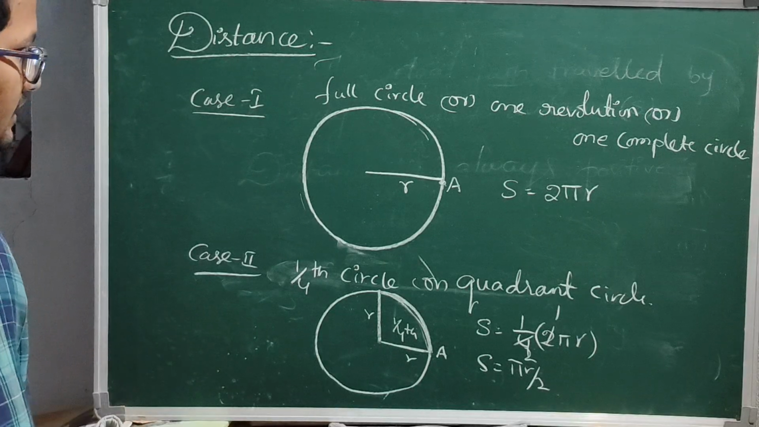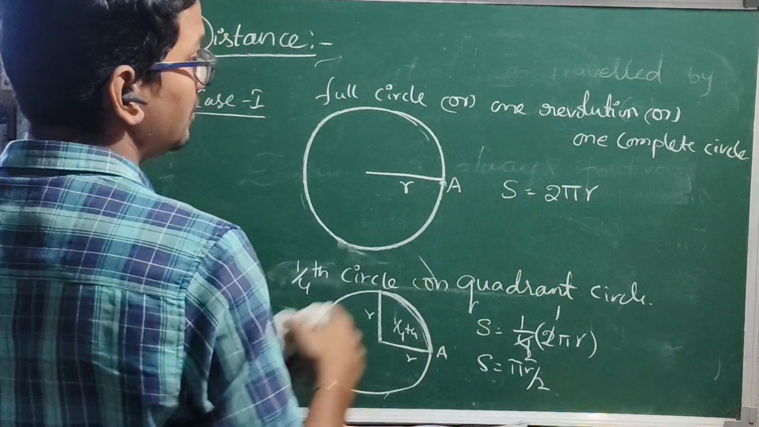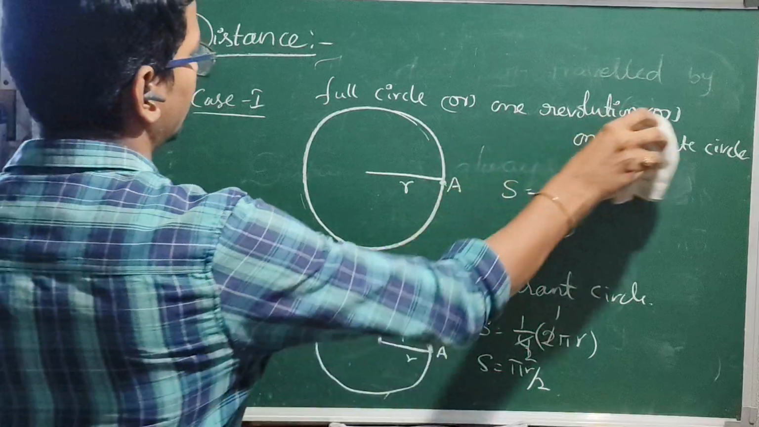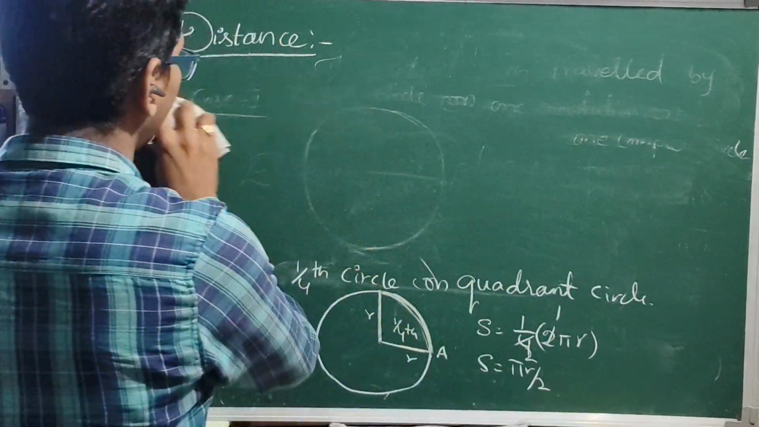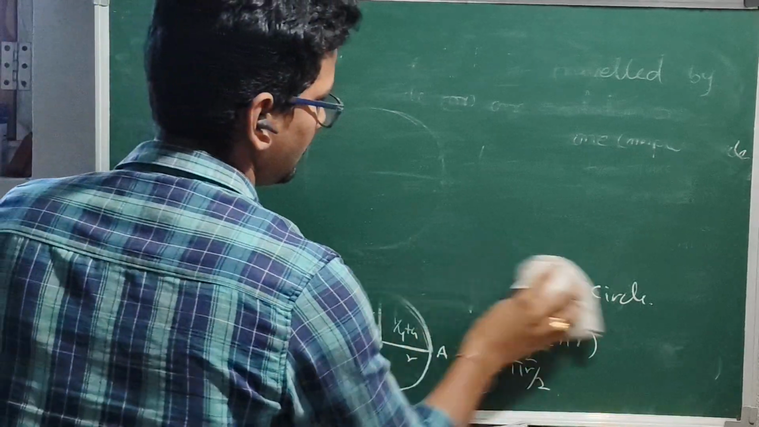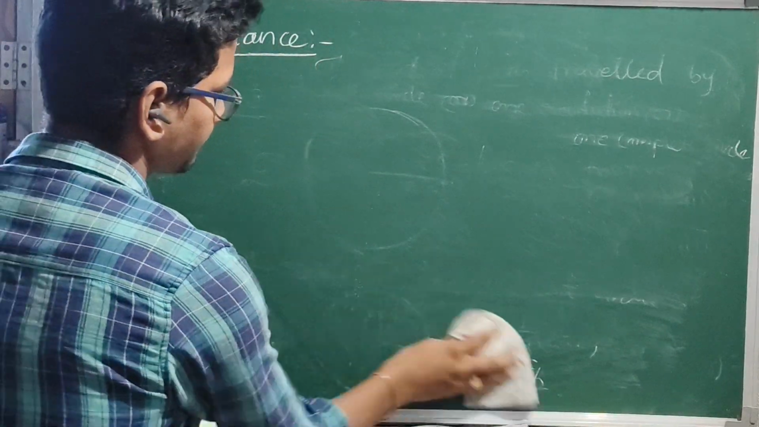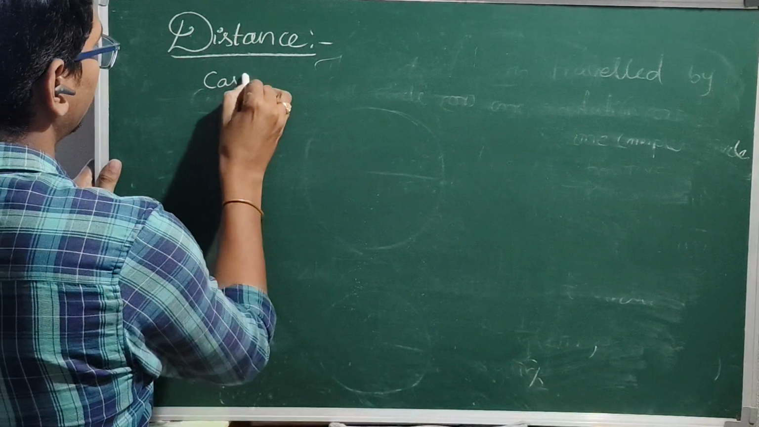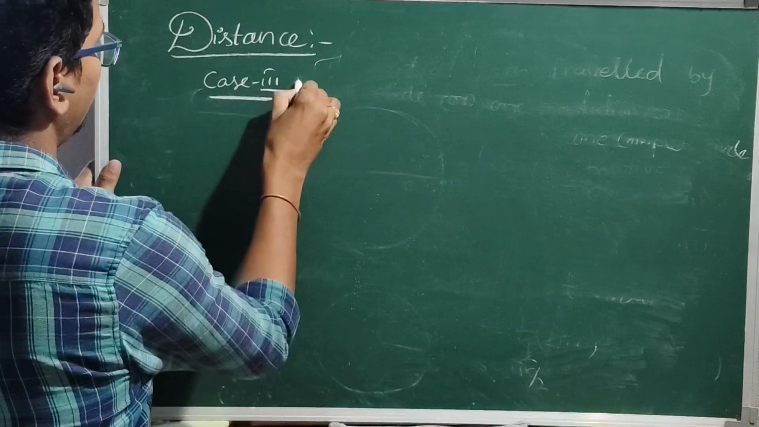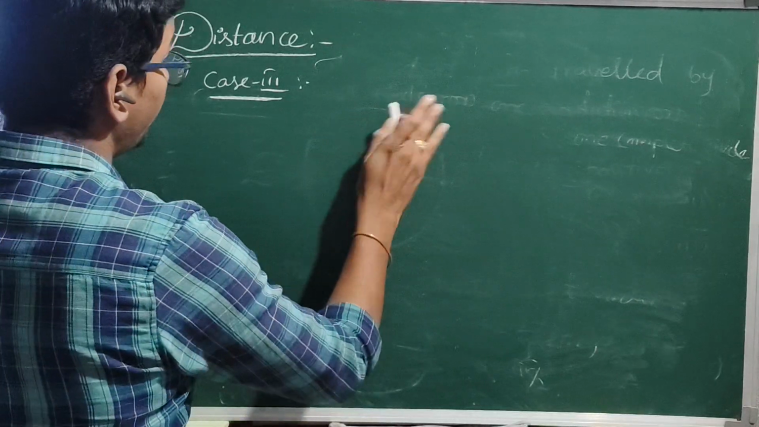Next one, third case. You can remember the total full circle distance: S is equal to 2 pi r. Next, case 3 and case 4. We discuss case 3. If the complete circle